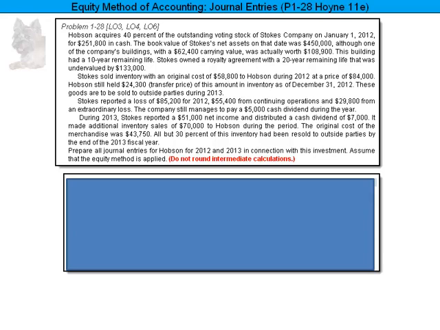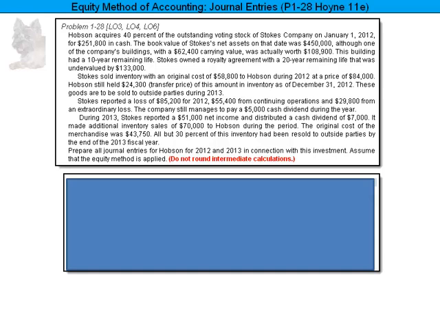Okay, let's take a look at this equity method of accounting that asks us to compute journal entries. All right, I'll read the problem to you, which you see right up here on the top part of your screen. Hobson acquired 40% of the outstanding voting stock of Stokes Company on January 1st, 2012 for